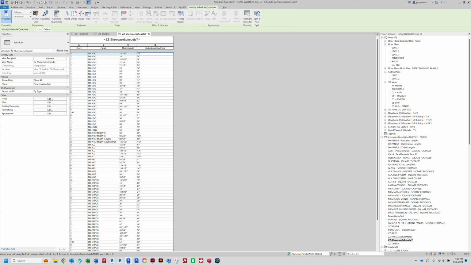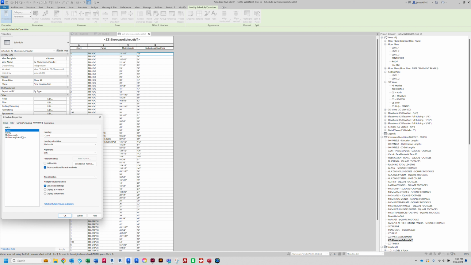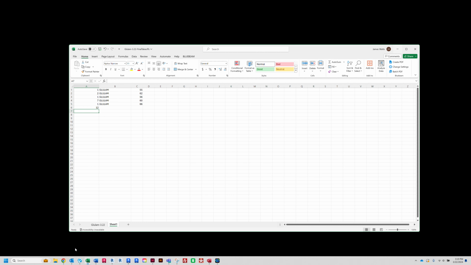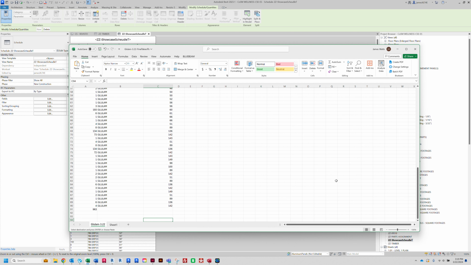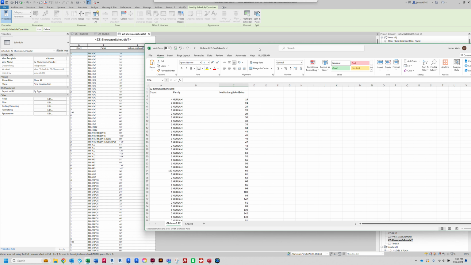Here are the counts for the mullions. So what I did, I just hid this schedule, the mullion lengths, and kept that mullion length extra in there. And then I outputted that into an Excel file right here. So you can see here I have the counts, and I had swapped out the names,